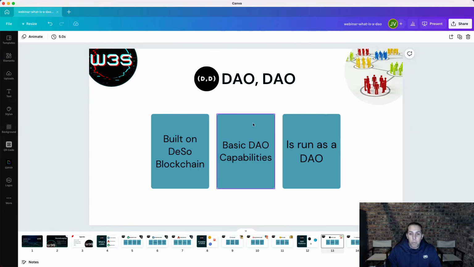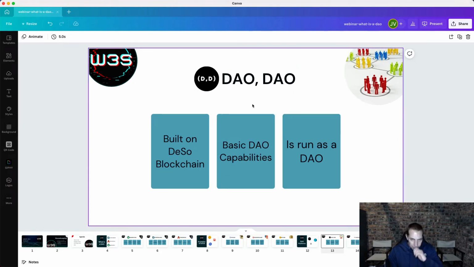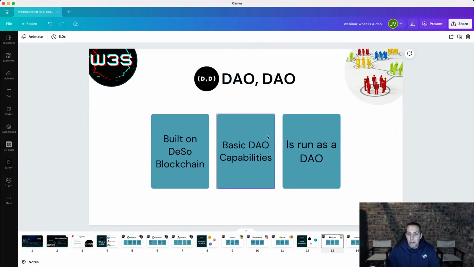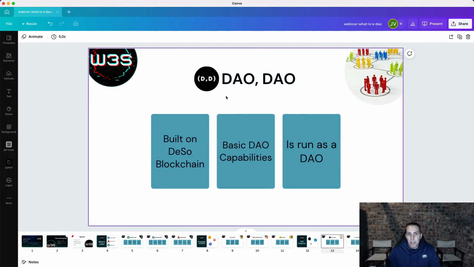So that is one of the DAO platforms, and it's one of the newest ones. It was released very recently. I'm a big fan of it. My Web3 Simplified project was started via DAO. So I've been very bullish on it for the technology that it is.